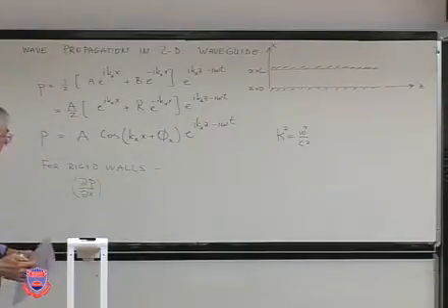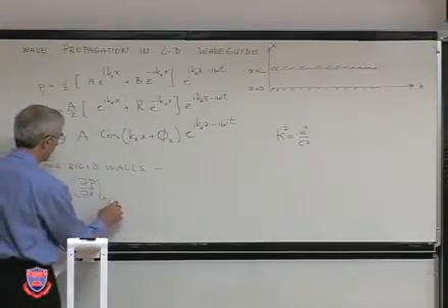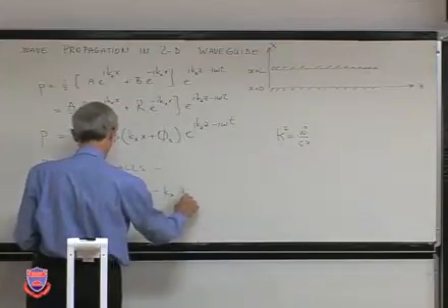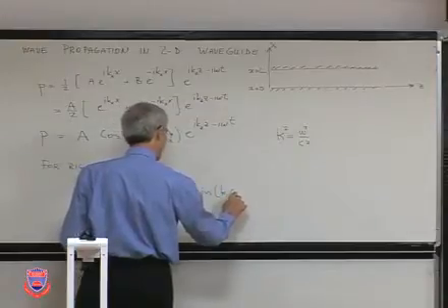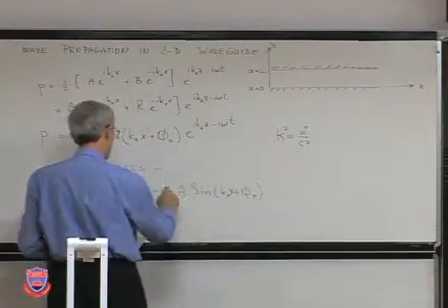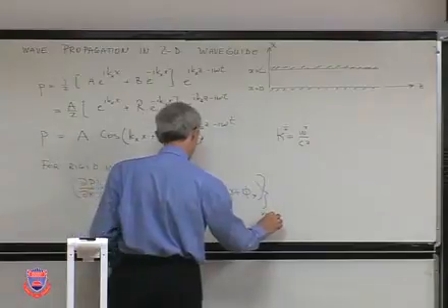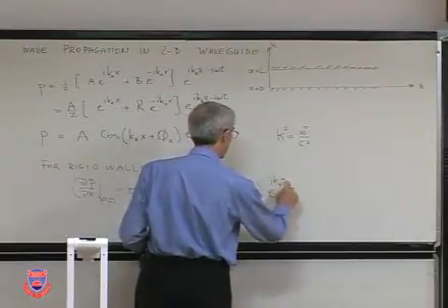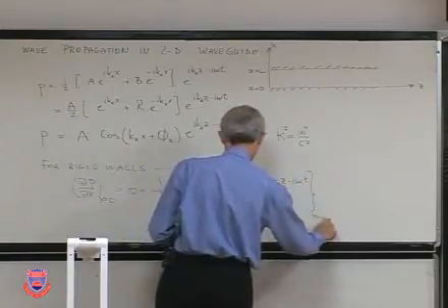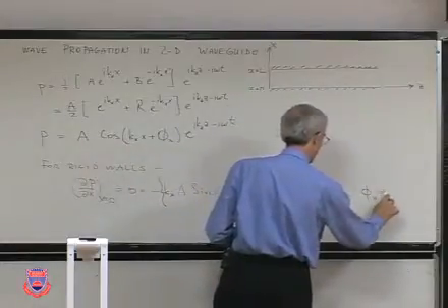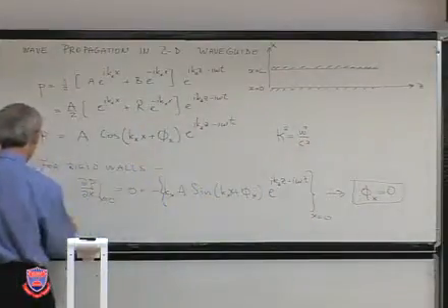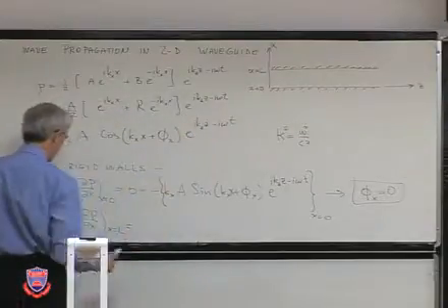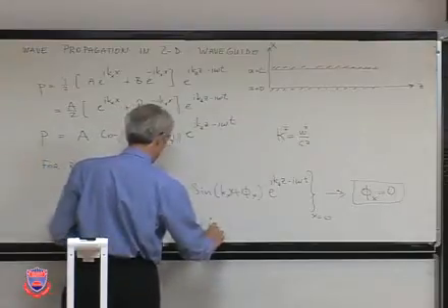The particle velocity is 0, and that means the gradient of pressure is 0, and that gives us this first boundary condition, and the second boundary condition at the upper surface gives us another relationship, and that is